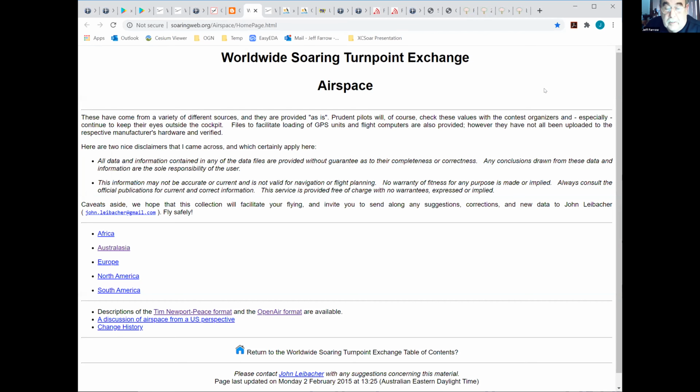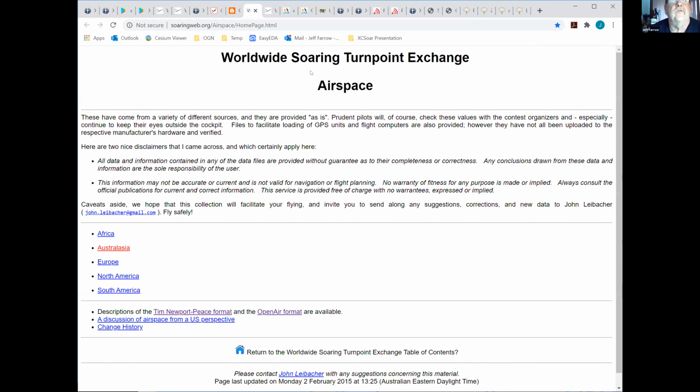These files basically outline all the airspace and their parameters, and they can be used for the regular airspace, but they can also be used to add wave windows and things like that in, so you can see whether you're in the appropriate area when you're trying to use them. There are 2 common formats. They're basically text formats, Open Air and the Tim Newport PG format. And again, XCSoar will accept either of them.